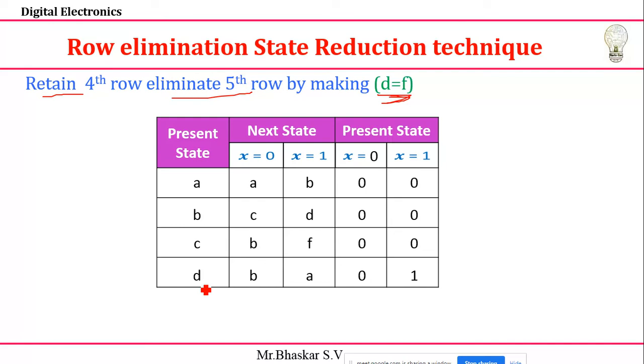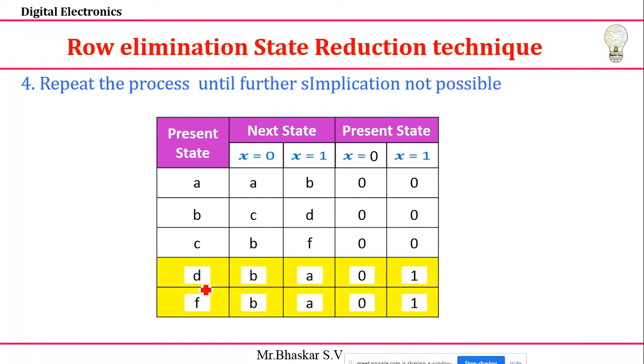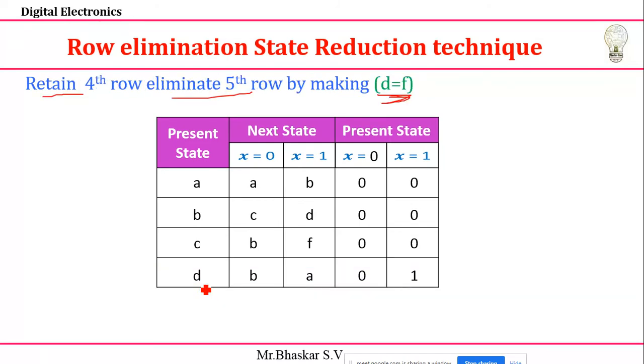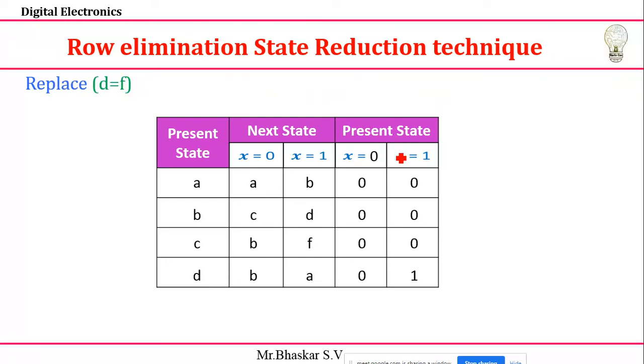I want to identify the eliminated state. What is the eliminated state? What did I do here in the previous case? F. So just find out F. Where is my F? Which row do you have it in? Yeah. So in the third row you have an F. Just identify this F. Then the F state I remove and I am retaining my D. Then you replace F by D. I am doing this process.